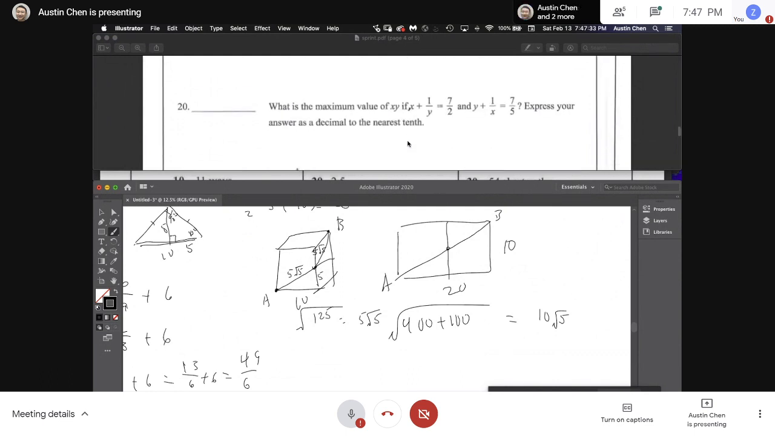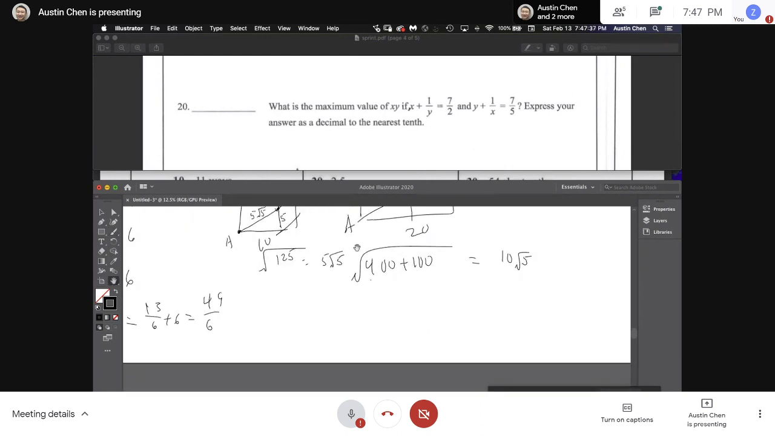Yeah, let's move on. What is the maximum value of xy if x plus 1 over y equals 7 halves and y plus 1 over x equals 7 fifths? Express your answer as a decimal to the nearest tenth. Okay. For this one,